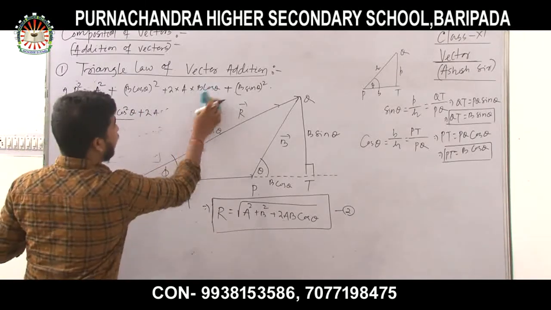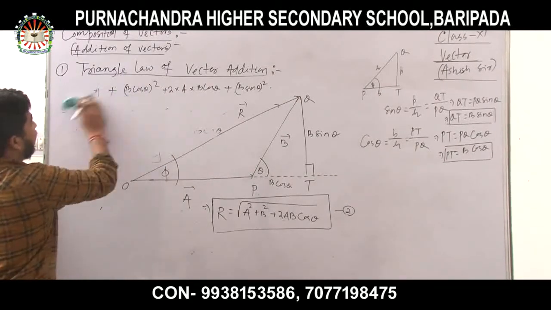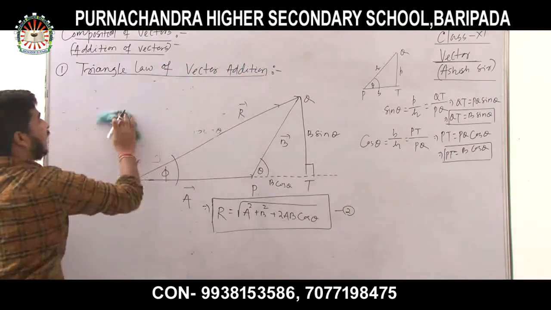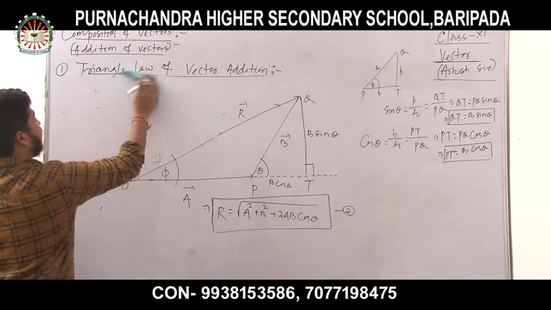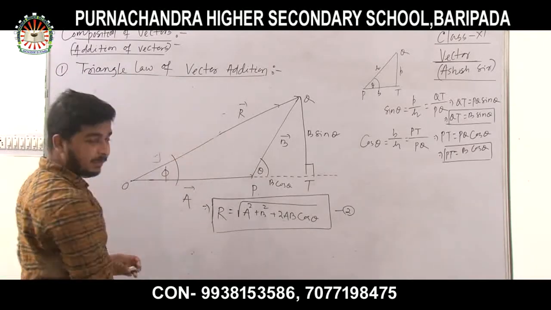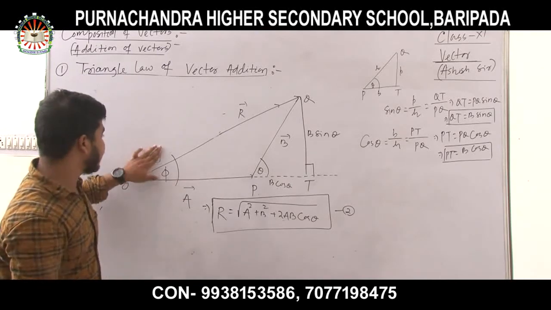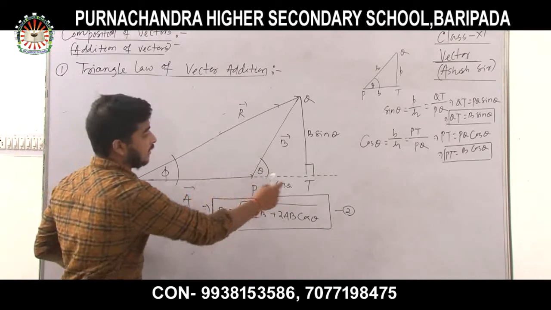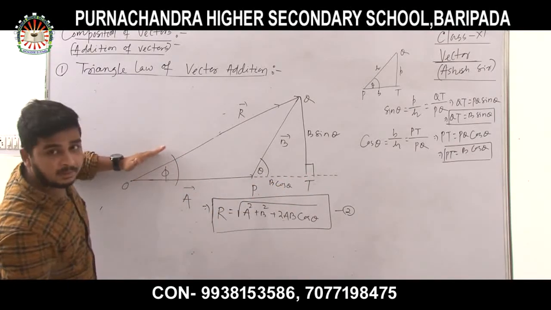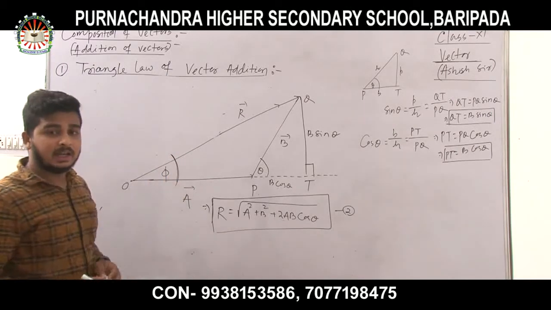So in order to find the direction of the resultant vector, you in class 10 have all discussed height and distance. There is a chapter in mathematics called height and distance. In height and distance, suppose this is the horizontal level and this is the angle of elevation. So phi is known as the angle of elevation.